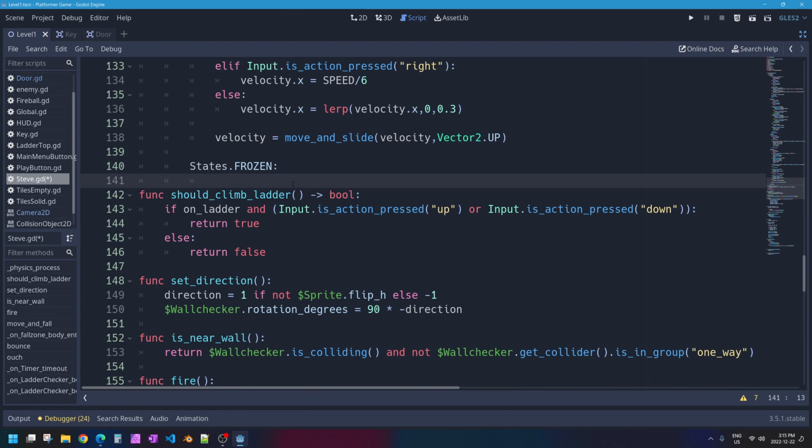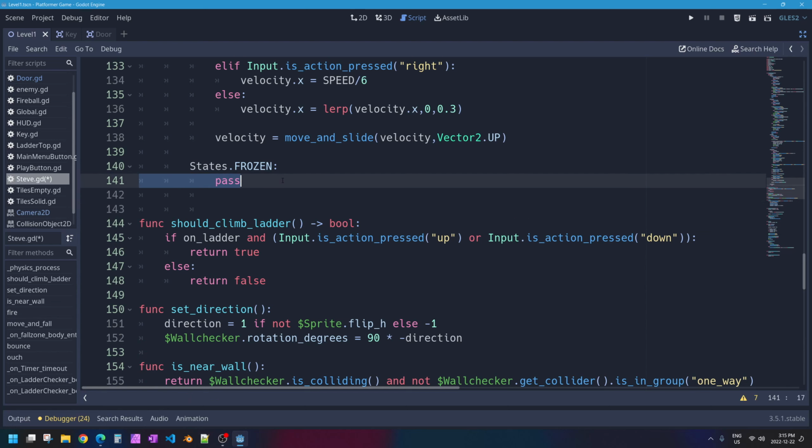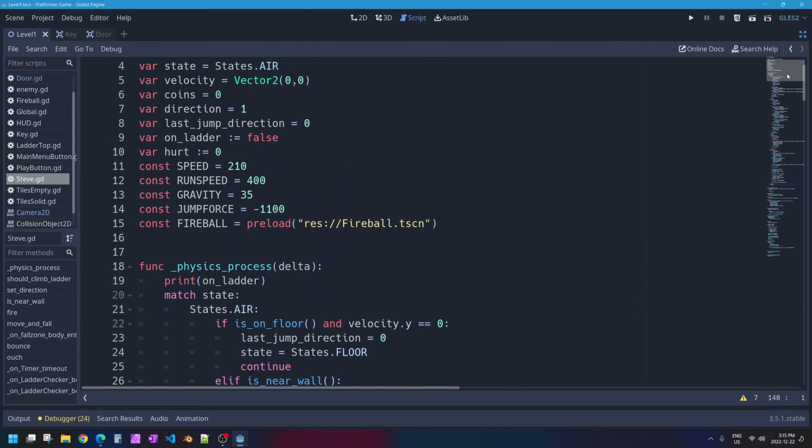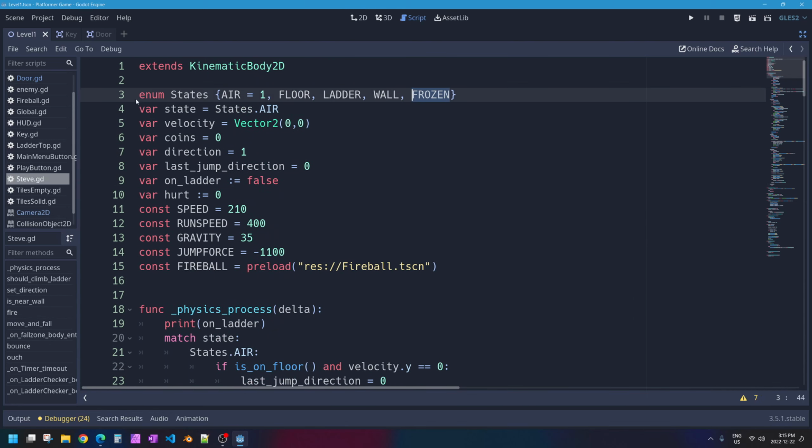How do I want my character to behave? What control should I have if my character is frozen? Well, I want nothing to be able to happen. I want my character to have no controls at all. So I'm just going to put a pass right there. And that means that there's going to be nothing in this block of code to control my character while they are in that state. And so you can't control your character. You can't move left and right. Once I have that, if you need to pause the video and get that code for yourself, please do. I simply added this 2 tabs away from the left here, and I added this frozen state into my states